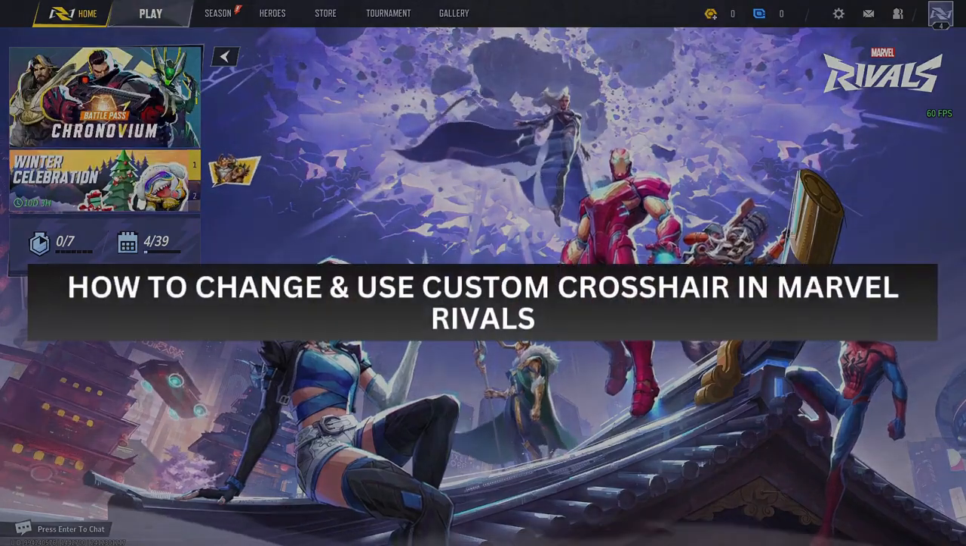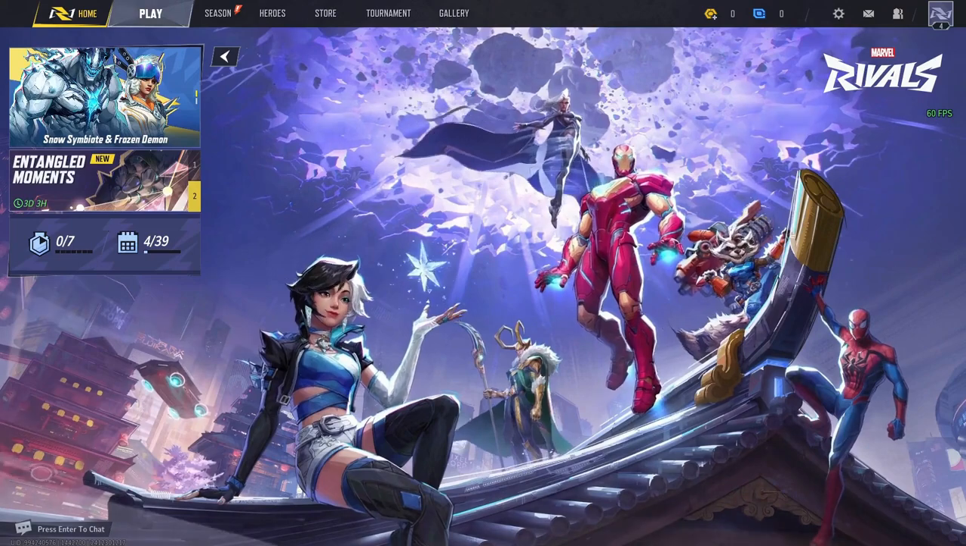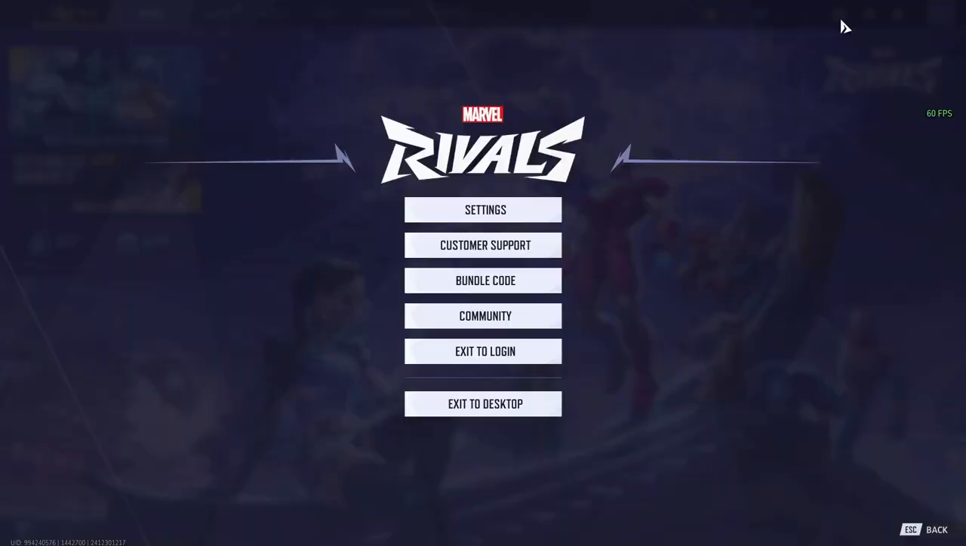How to change and use custom crosshair in Marvel Rivals. So first, what you need to do is just simply click on your settings icon here to the top right